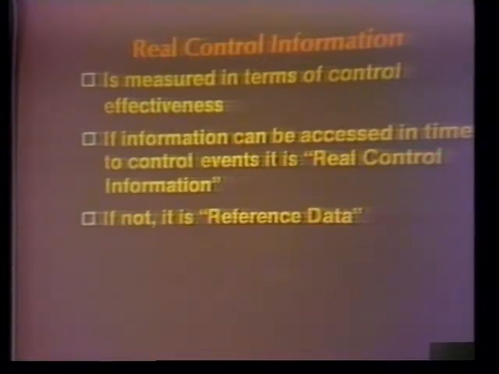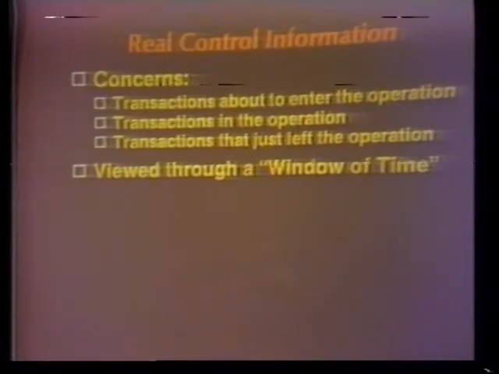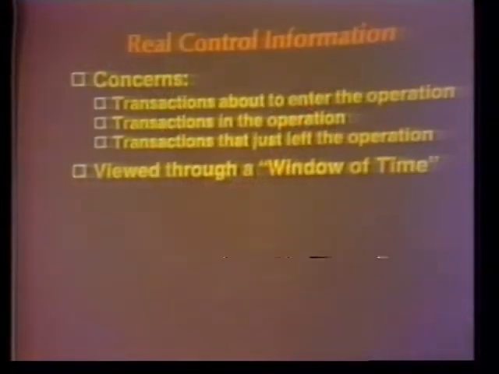Now, the massive computer power that we have is very good at processing massive amounts of data. And quite often, a lot of the output coming out of computers is best classified as reference data, not really control information. Some of the nature of this real control information is what we see in our businesses. If we go to our office and analyze how we process information in our daily tasks, these are the kinds of things we're really doing. We're processing transactions and activities through our operation, and in order to do that, we normally have to be concerned about events that are going to occur in the operation. So a little preliminary planning is very valuable for us. We have to do a lot of things to get ready for events about to occur.